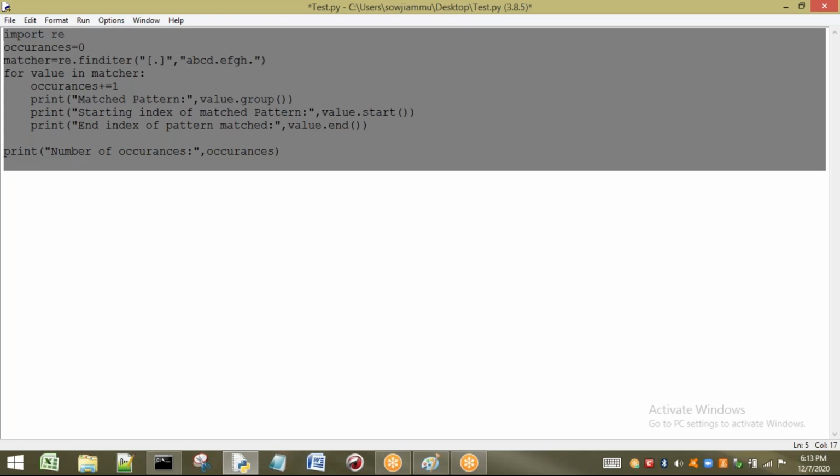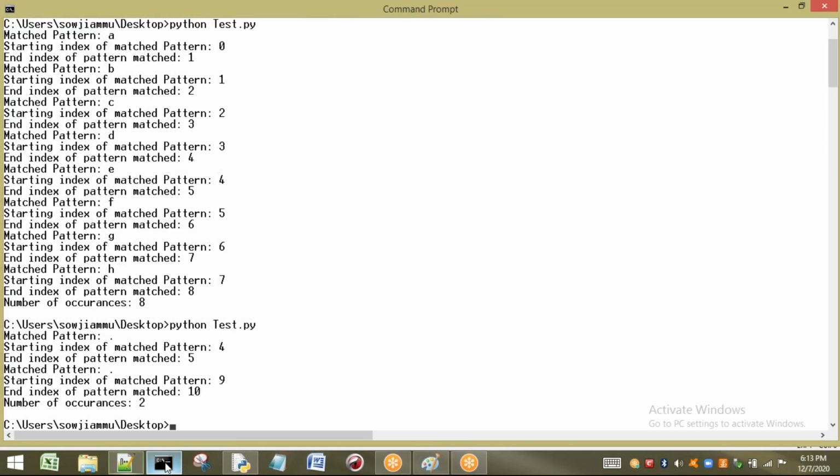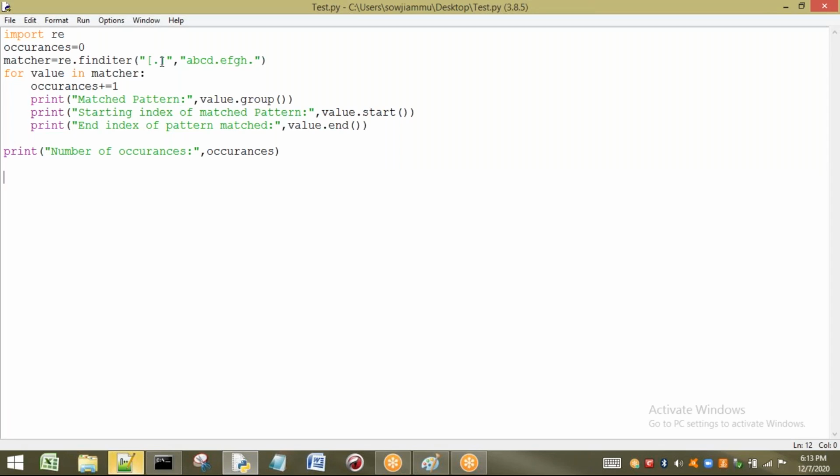Let us execute this program. Now see how many matches there are. 2 matches are there. The meaning of this line is, I am searching for a dot in the given string. How many dots are there? First dot, second dot. In which location? Already we know about start, end, and group. Okay, now the concept is that dot indicates